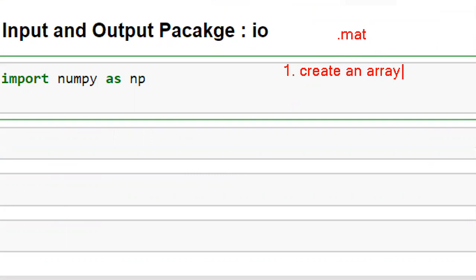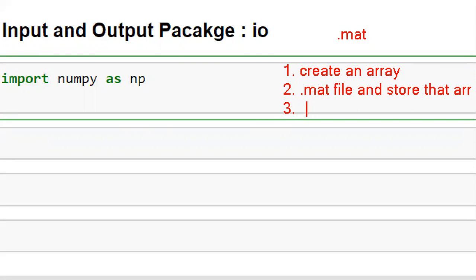Create an array and store that array in some file. Create a .mat file and store that array in the .mat file.